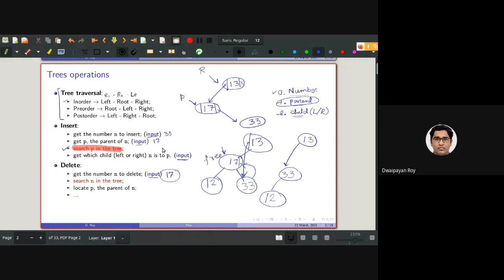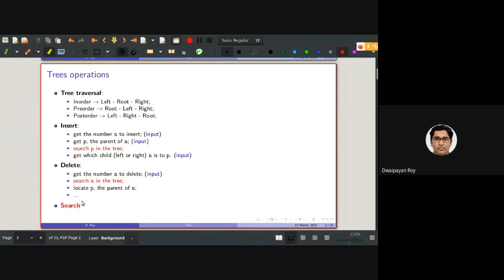Today we'll be discussing the insertion. How to do the deletion we'll be discussing later. It's a little bit more complicated. There will be some issues and some new terminologies that we'll be hearing of. For the time being, the bottom line that I want to highlight here is that to delete, we also need to search. Searching, as you can understand, is an essential part of operations in the binary tree.